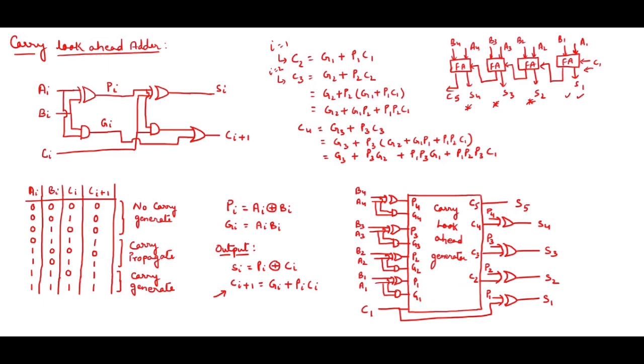If I talk about C3, what should I get? For C3, I should get G2. This G2 I should get, G1 also I should get, P2 I should get, P1 also I should get, okay. So these are all connected. So for C5, C4, C3, C2, if you see the equations at the top, you will understand why I have taken this part. So these are internally connected for giving the carries over here, and externally I can take this one out to get the connections over here, P4, P3, P2, P1, to get the sum.